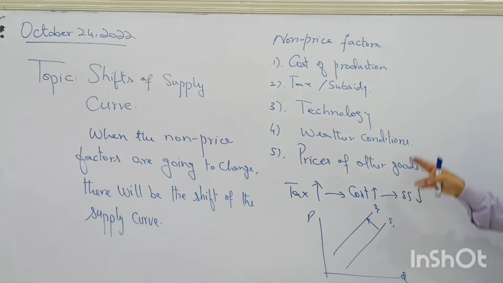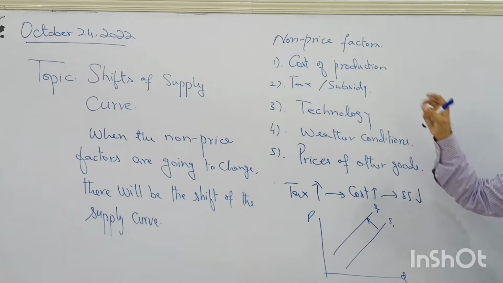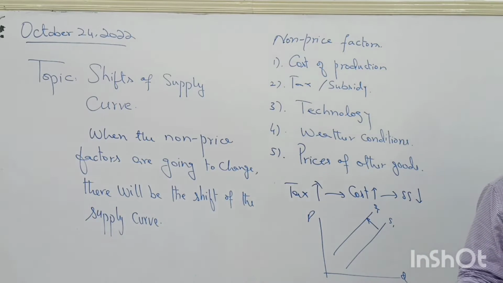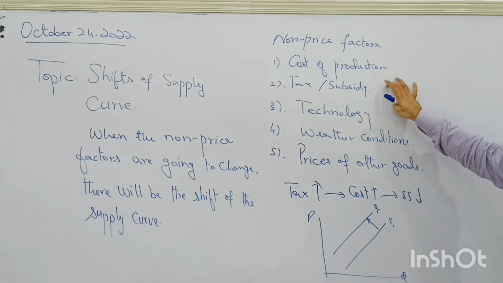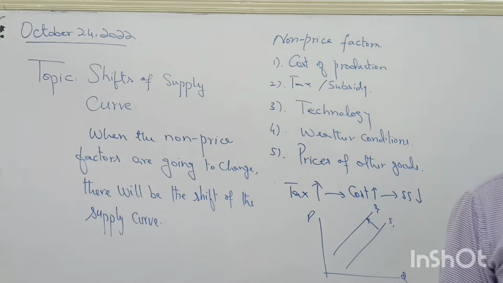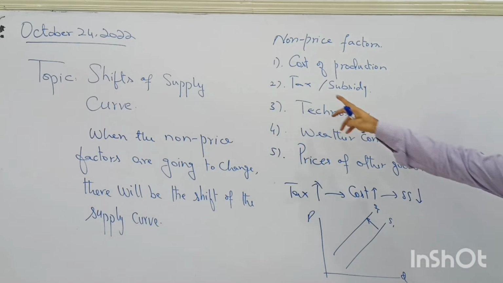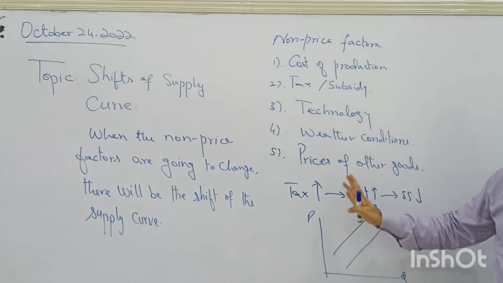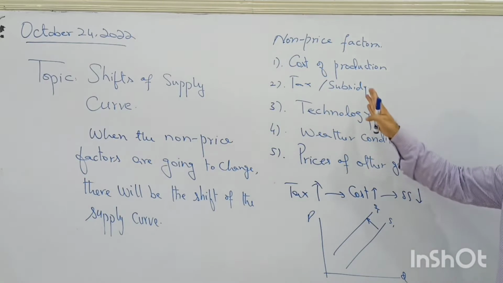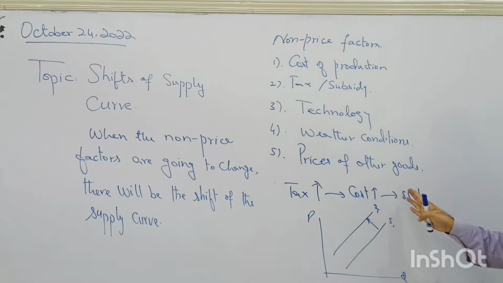So when tax decreases, it is called a subsidy, where the government pays cash money to the producers in order to reduce their cost of production. So both cases will cause a rightward shift of the supply curve when a subsidy is provided. Or when the subsidy is decreased, the government has removed the subsidy, then supply will shift leftward. Clear? So we talked about how when tax is imposed, supply will shift leftward. When tax is decreased or the government has provided a subsidy, supply will shift rightward.